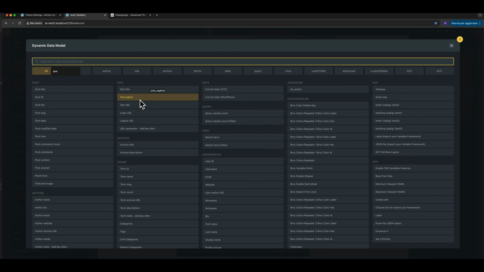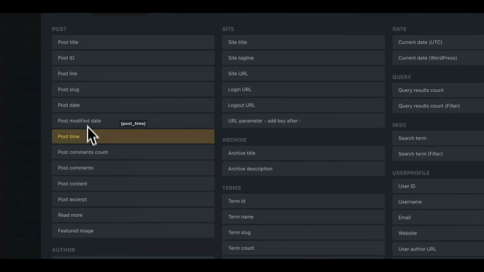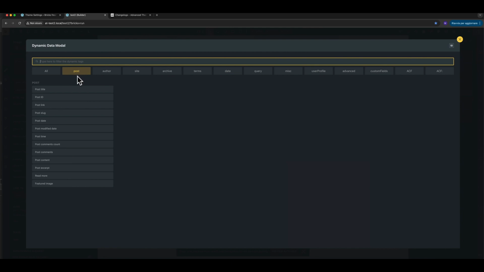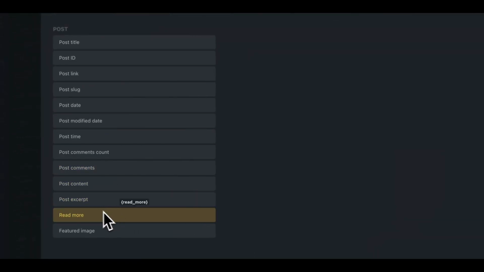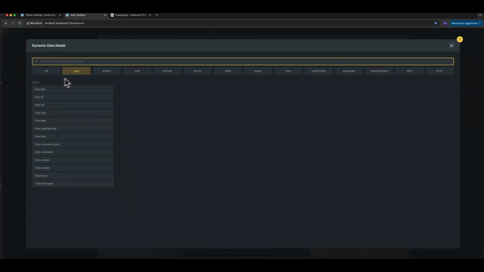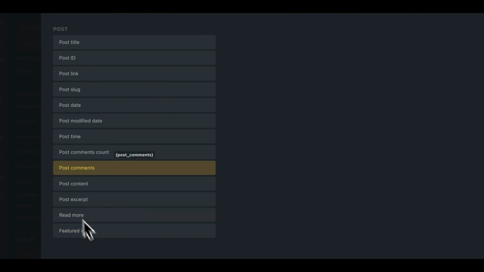also the parent category. So for example, here we have a lot of tags in the post. To be even more clear, let's just filter the post, right? You see that we have read more and filter image, which has no post inside the label nor the name function, right? But now in the filter, it will also filter the post label. So if I write post, you see that read more and filter image are still visible because they are part of the post